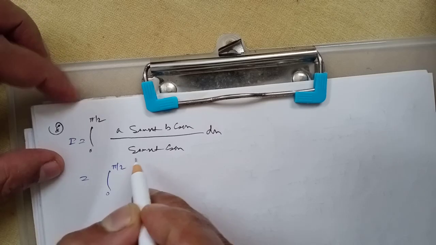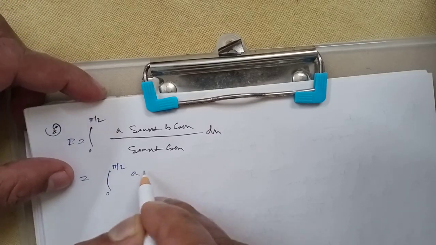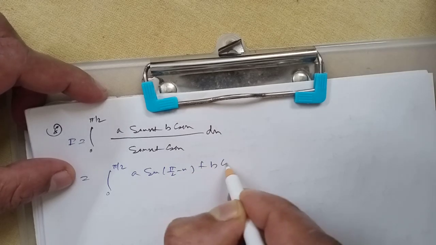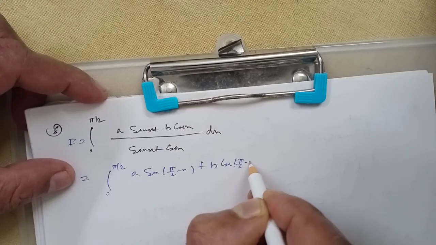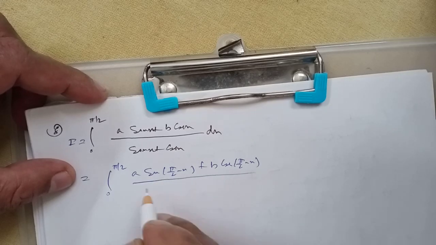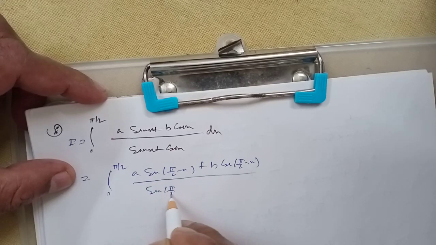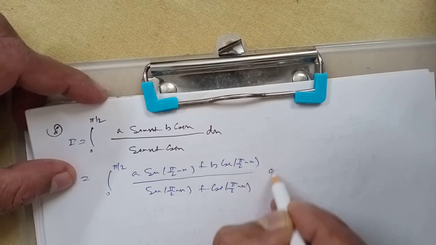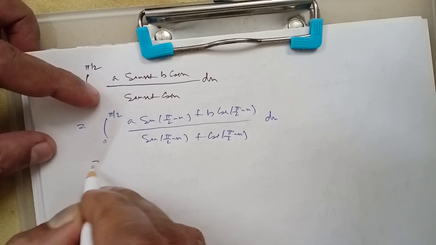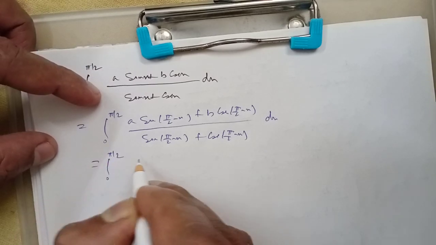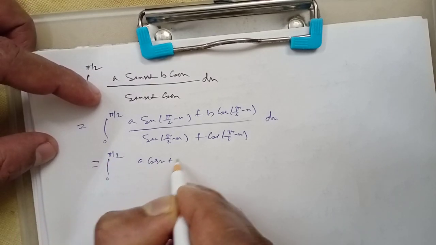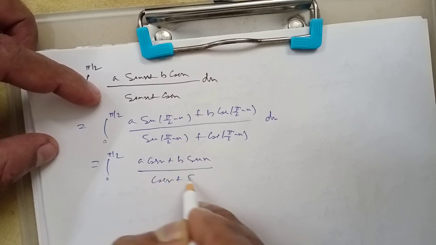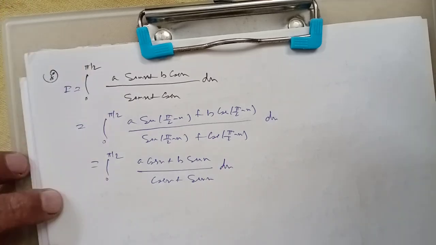Applying the fourth property means you have to replace x by pi by 2 minus x. So a sin of pi by 2 minus x, plus b cos of pi by 2 minus x, whole divided by sin of pi by 2 minus x plus cos of pi by 2 minus x, then dx. This becomes 0 to pi by 2, here it is (a cos x plus b sin x) divided by (cos x plus sin x) dx. Now